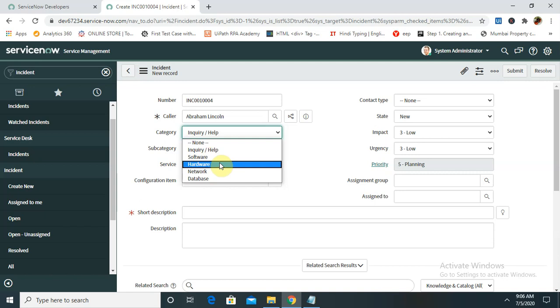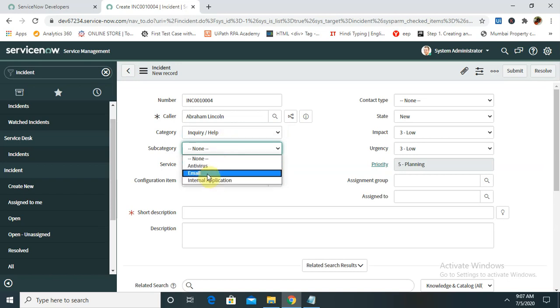If you have a requirement of any hardware, the IT team is going to take care. A hardware requirement always has two components: one, an internal requirement, and second, the system administrator is asking the organization to deploy for a specific project. So let's take an inquiry or help subcategory.